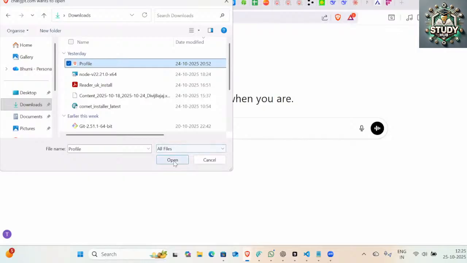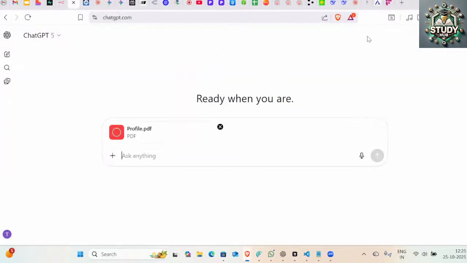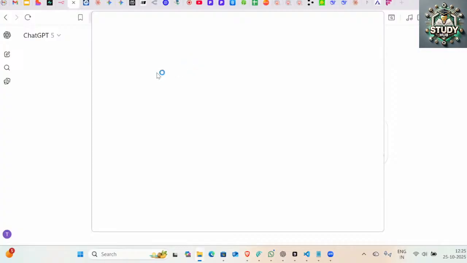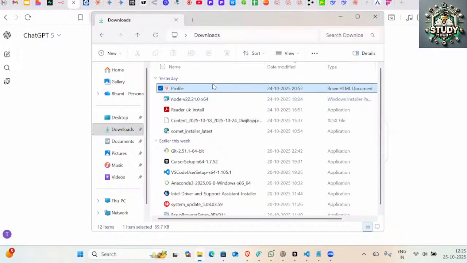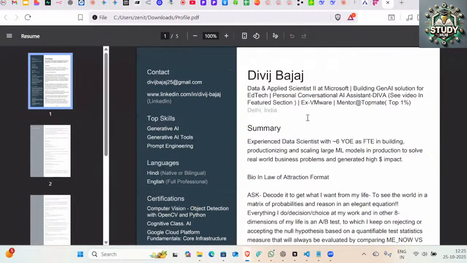So this is my LinkedIn resume. If you don't know about it, you can simply download your LinkedIn profile as a PDF. LinkedIn allows you to do that. If I just show you, go to LinkedIn, go to your profile, there is a Resources button, download as PDF. You can download it, and it says your profile is now in a PDF. It has everything. So this is your LinkedIn resume.